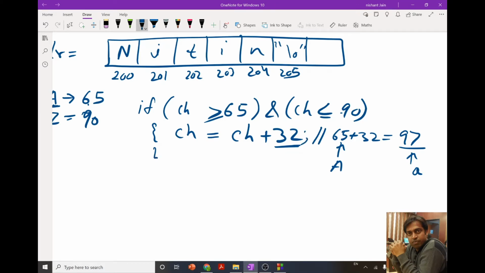If the ASCII value of the character lies in this range, I execute this and convert the capital character into a small character.